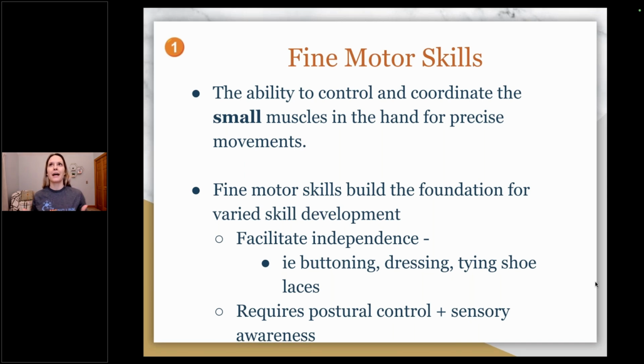And as you can imagine, let's say you have the gross motor movement of brushing your hair, the movement of your arm lifting and then bending, lifting and bending. That's great, but if you don't have the fine motor skill to hold the brush, that's not going to be that productive. You can do it, but you don't have the hand fine motor strength to complete the action